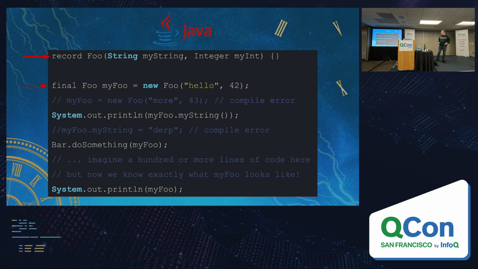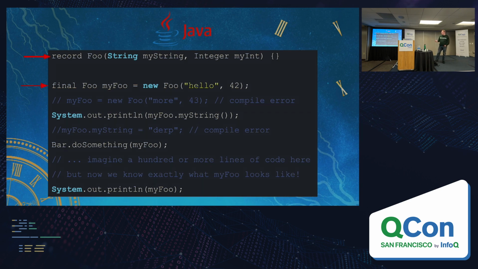An alternate way to handle this with newer versions of Java is rather than foo being a POJO, we use this new keyword called record, which basically makes it a data class. It means that it's going to have these 2 properties on it, and they can't change ever. It's an immutable piece of data. And then I also add this final keyword, which says that nobody can reassign this variable anywhere else in this call stack, in this scope here.